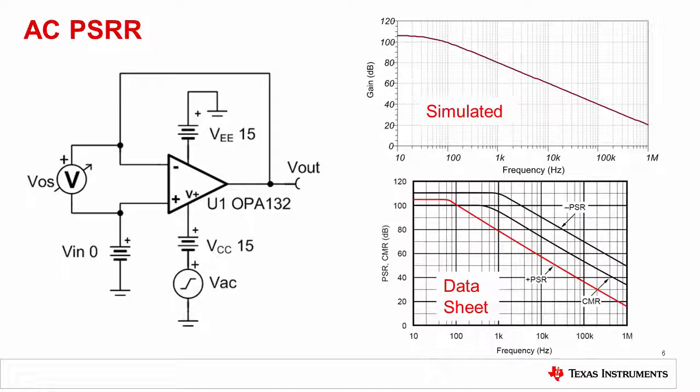From a practical perspective, however, the configuration shown is the most common way that AC PSRR is actually tested. Yes, it is true that this test configuration will include some common mode effects, but often they will be small compared to power supply rejection. Furthermore, from a practical perspective, looking at an AC signal applied to each separate supply is a more realistic usage case for the device. In this example, you can see that the simulated AC PSRR is very close to the characteristic curve from the datasheet.